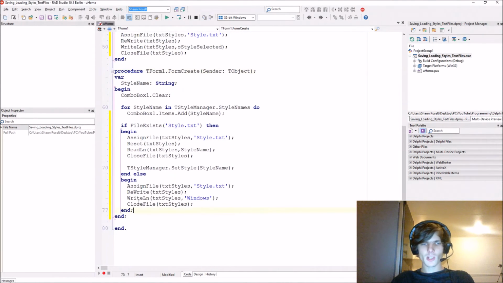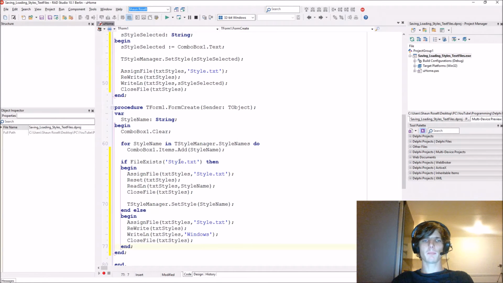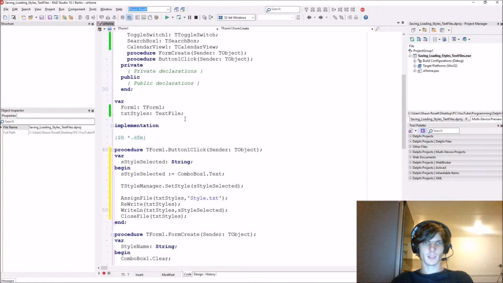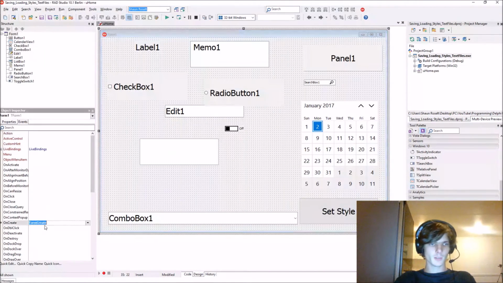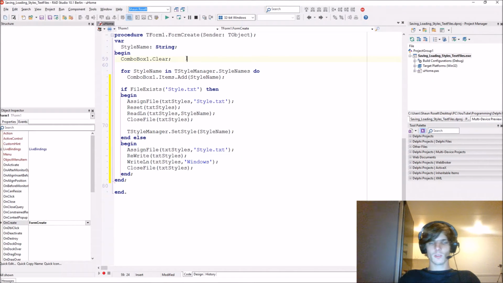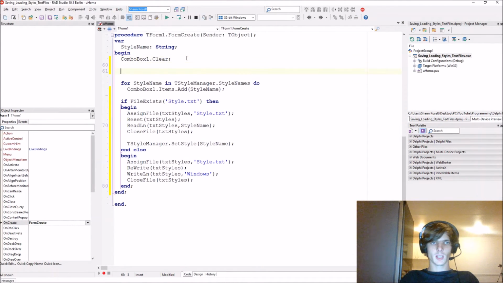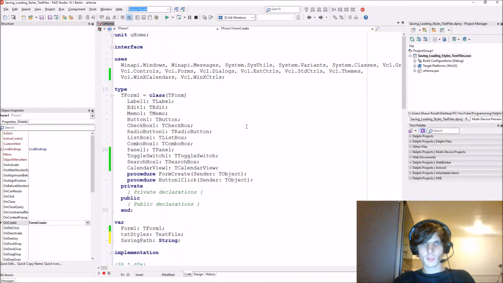So yes, actually a better way or a better place to load the file would be here. So let's actually create a variable again. We'll just call it SavingPath of type string. In the OnCreate event, we'll just start by saving it here. SavingPath. I usually save my files at the TPath. TPath is part of the